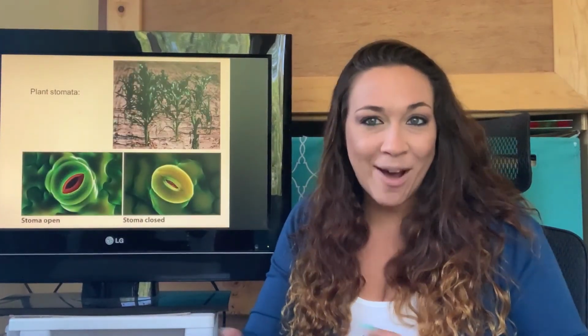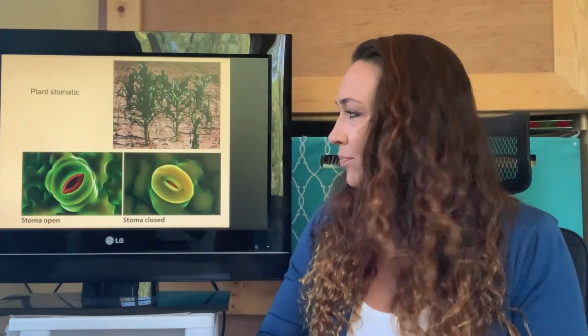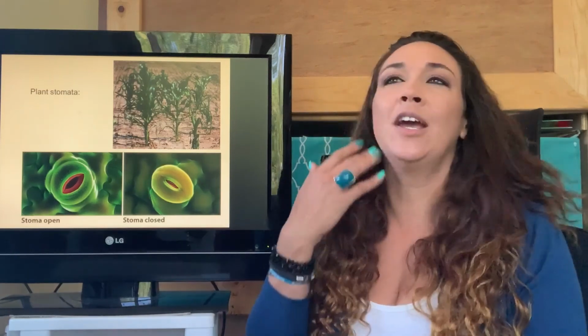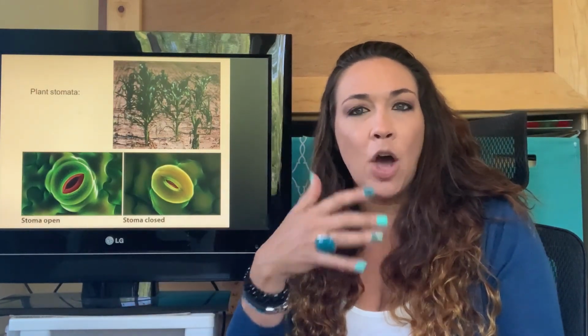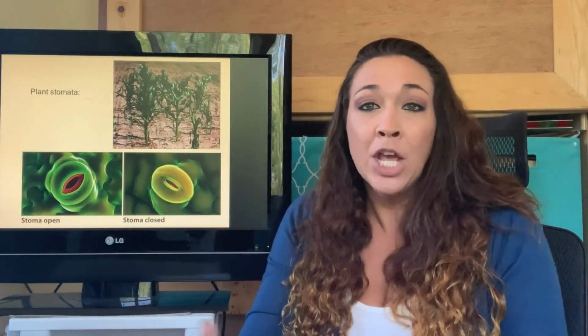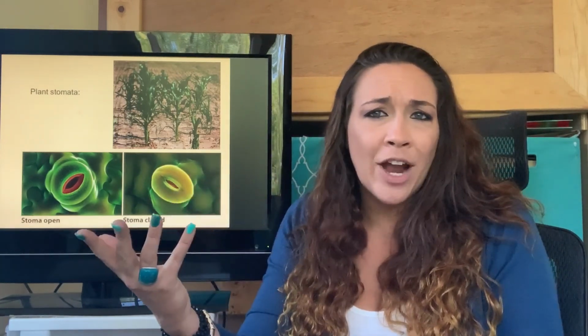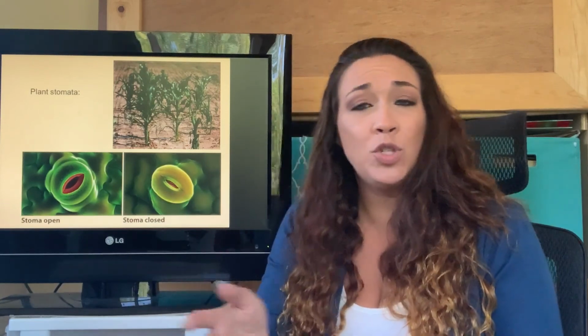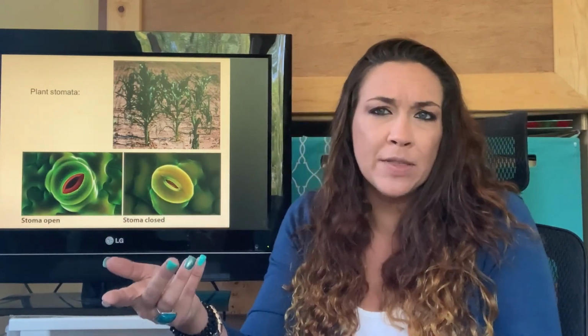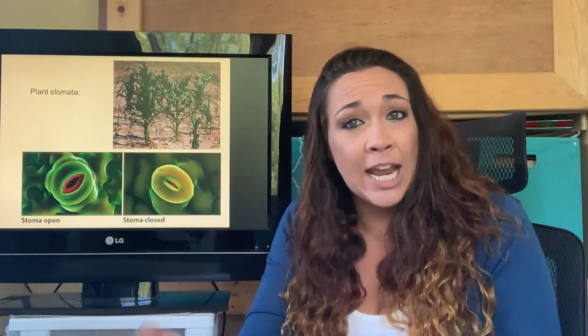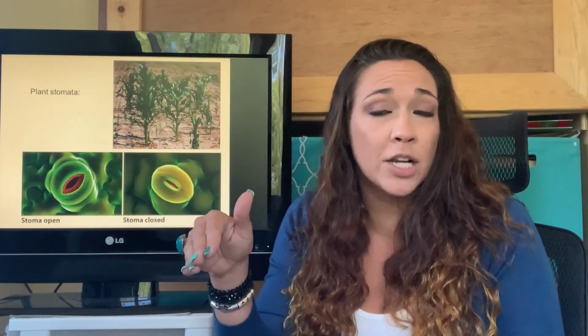All right, so that was photosynthesis, but we need to talk a little bit more about plants before we move on. Certain plants need to regulate how often they keep their stomata open. If you live in a nice, calm environment that's not super hot, not super cold, you can pretty much have your stomata open all day long, because that's when you're going to be doing photosynthesis. That's when you need to take in CO2 and release oxygen.